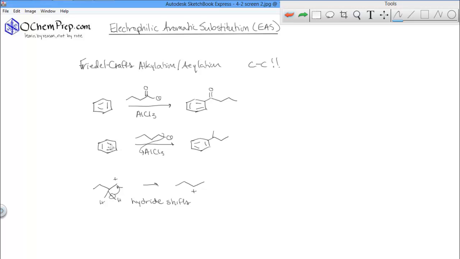And then the reaction will proceed as you expect, with the double bond going there, and you end up with your carbocation intermediate. Your sec-butyl group is attached to the ring, and 1, 2, 3, 4, and now I have not a sec-butyl group. I've ended up with an extra carbon. Get rid of it. And then a plus here. I'm just practicing my mechanism here. And then, of course, we have AlCl4⁻ coming in, picking up the proton, and then regenerating the aromaticity to make the ring. It's always good to keep practicing,